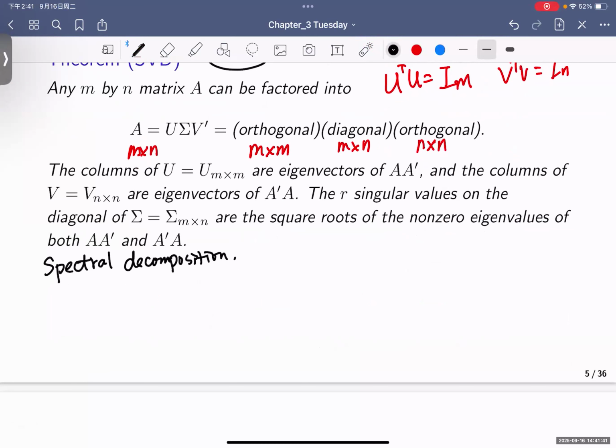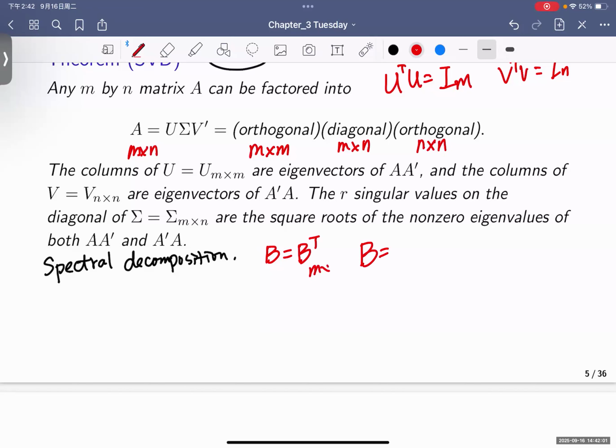Well, that is stated for any matrix. I should use a B. Okay, for any matrix B, so who is symmetric? B is equal to B transpose. And then spectral decomposition told us B will equal to,